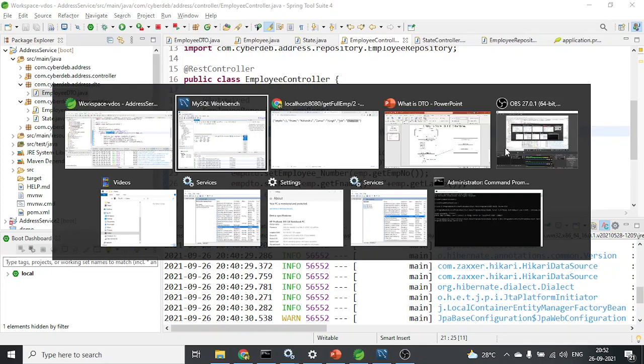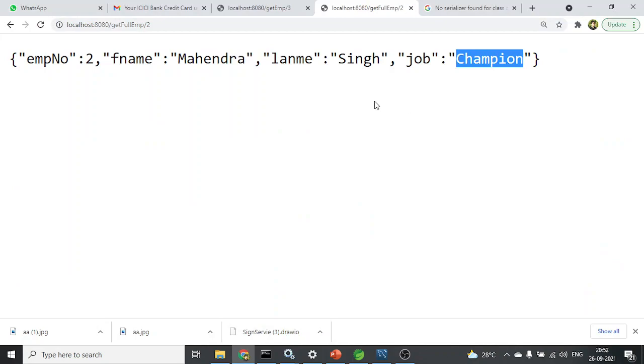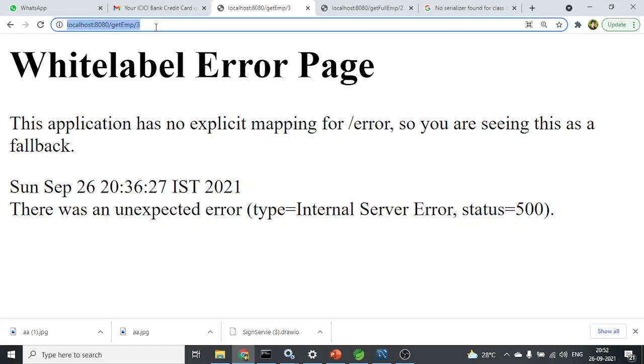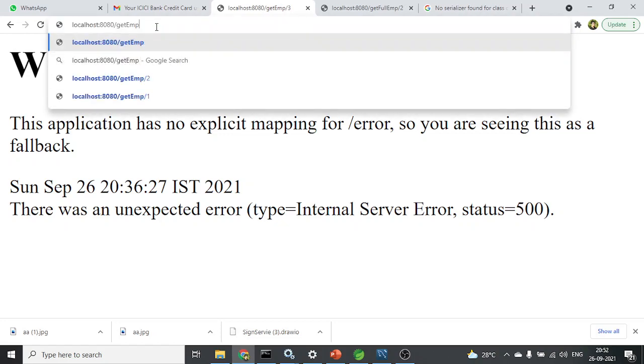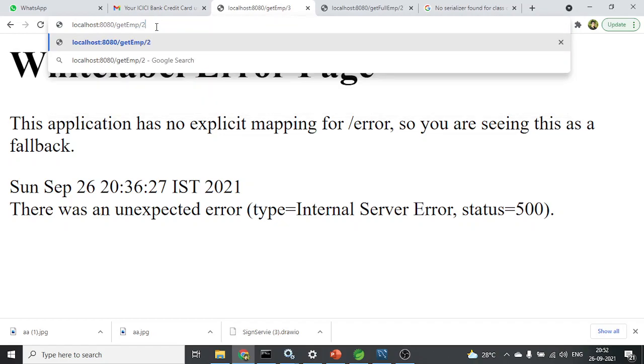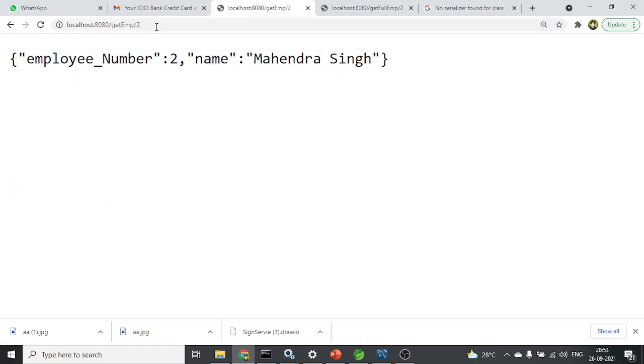So let us go back to the browser. If I access this URL, don't look at this, I'll change it. Get emp is the URL, and if I use slash 2 as the path variable's value, you can see I'm getting the employee number.